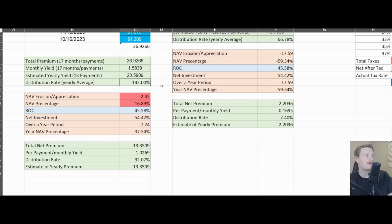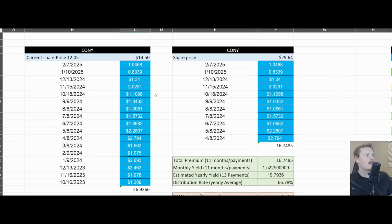That is pretty great. Now let's talk about the bad part, the negative, NAV erosion, right? So we talked about buying the share at $14.50. However, the current share price is trading at $12.05, right? I remember to annotate that number. So we're going to have to subtract 14.50 to 12.05, and that's going to be the NAV erosion from that time period,